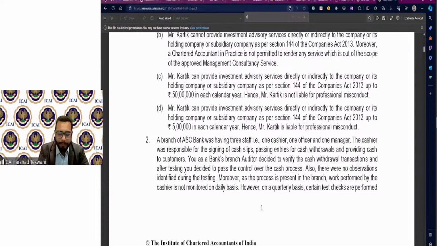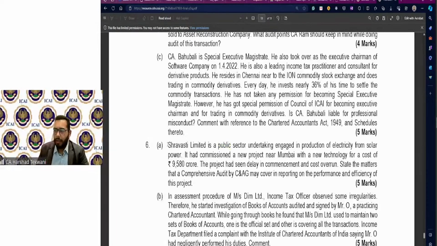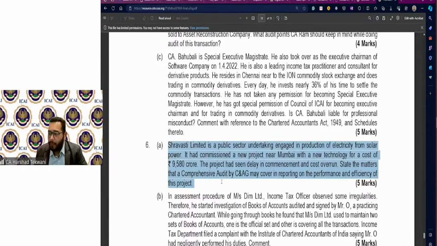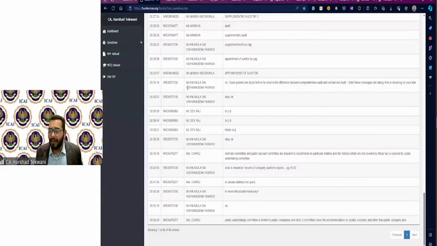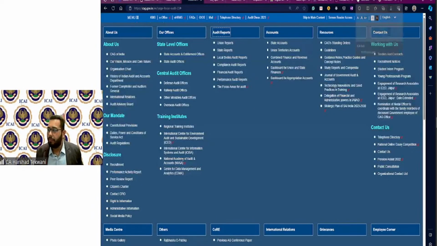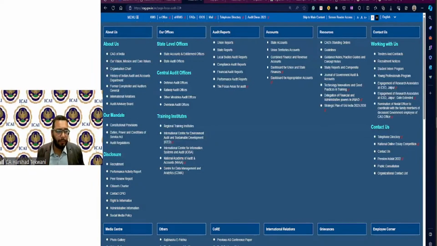Let's say, for example, over here, there is one question on the public sector undertaking. Read the question, try to form your own answer. Okay. And once you form your own answer, you can check the answer that is given. This way, you can practice the topic. The more you practice, the more you will understand. Okay. So the material is available. Please do not hesitate to practice.